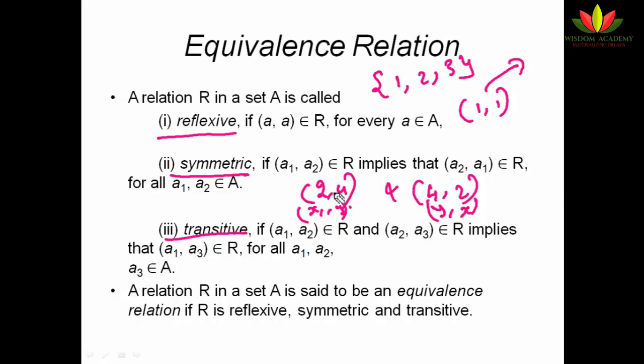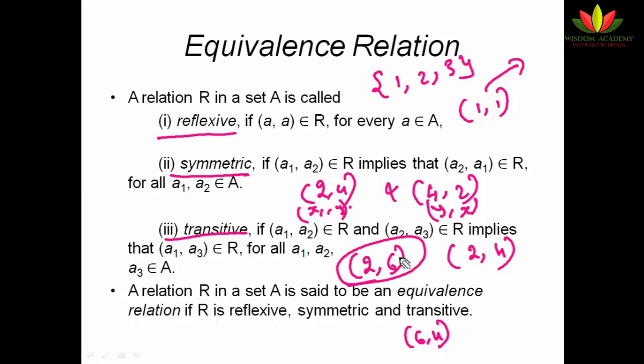And transitive. The example itself shows it: (2, 6) is an even relation, and (2, 4) is an even relation. Then (6, 4) should be an even relation. I am taking an ordered pair where both the elements should be even, so I will take it as relation R1. And I am taking another relation which has the same element, 2, and the other element, 4. Then automatically 6 and 4 has to form the relation, which is also even.